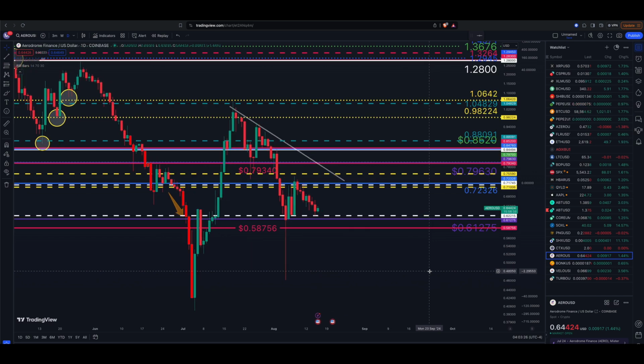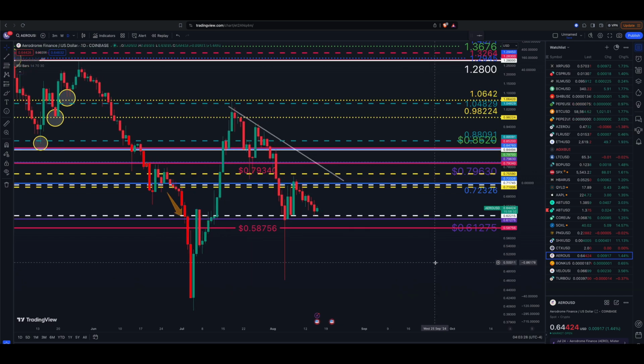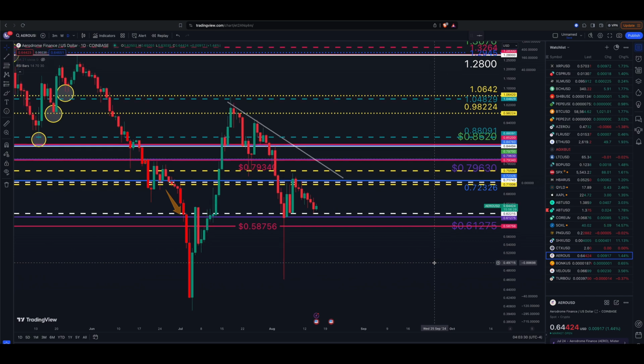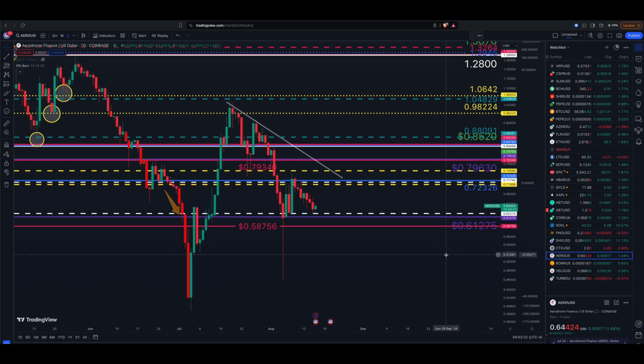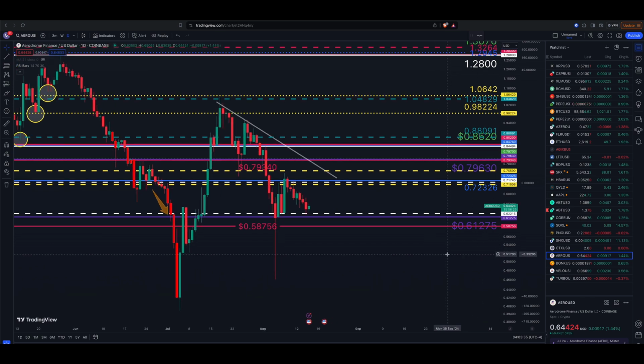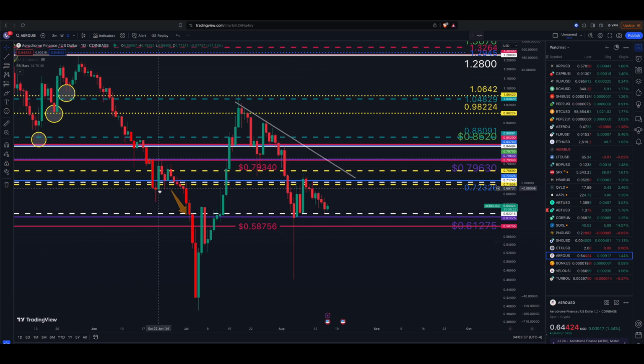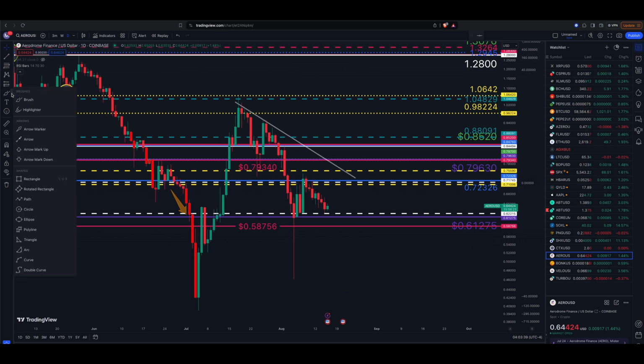Really not too much going on here in these markets, besides a pullback, but let's jump into that. So we have the Aerodrome Finance chart here,